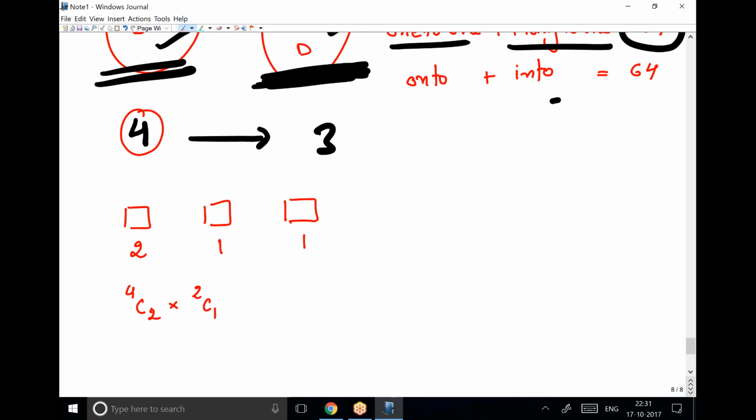Out of two you can choose one of them and put here, and finally one left out, choose one of them and put here. Now, but these balls can be arranged, right? A possible case is two can come here, one can come, and like this it can be arranged. So how many ways can it be arranged? We know one will come here, so we can arrange in factorial 3 divided by factorial 2 ways, which comes out to be 4 into